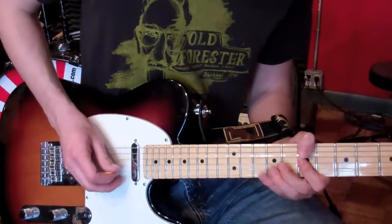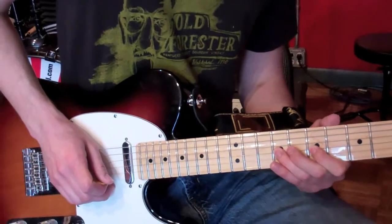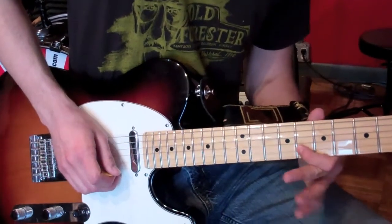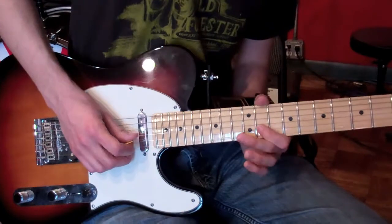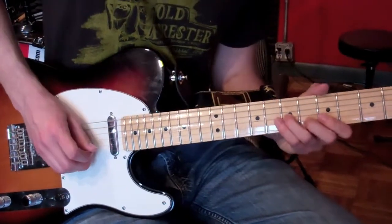Next part, that's a hammer-on of 7 to 9, hammer-on of 8 to 10 on the B string, and then a slide from 11 to 13. So putting that all together,